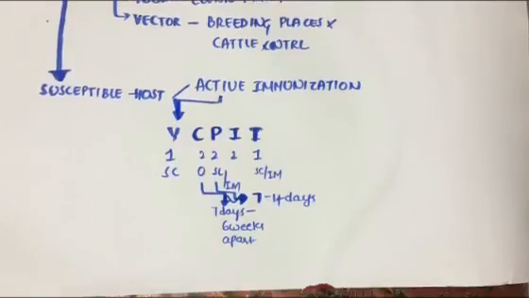Typhoid is again of 2 types. It can be given as typhoid polysaccharide or oral typhoid. Typhoid polysaccharide can be given as 1 dose and immunity starts after 7 days, whereas oral typhoid can be given on 1st, 3rd and 5th day. After 7 days of 3rd dose, immunity starts.